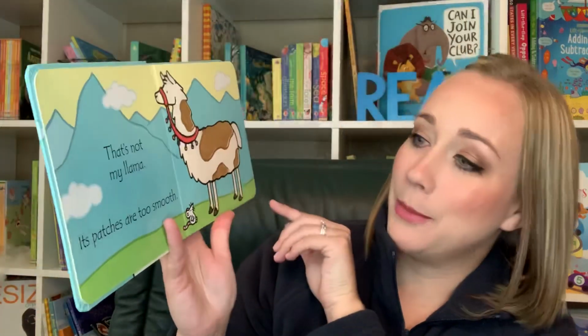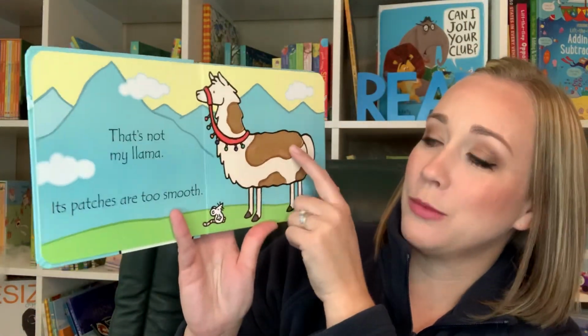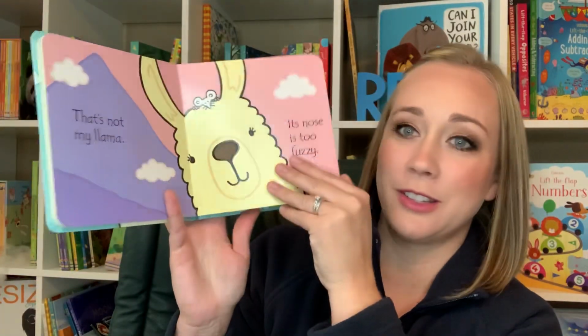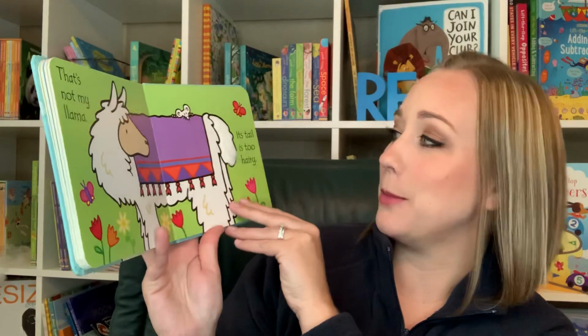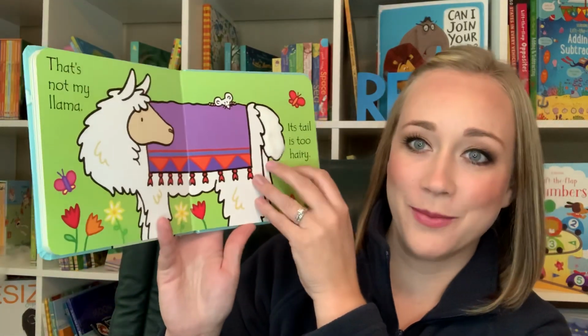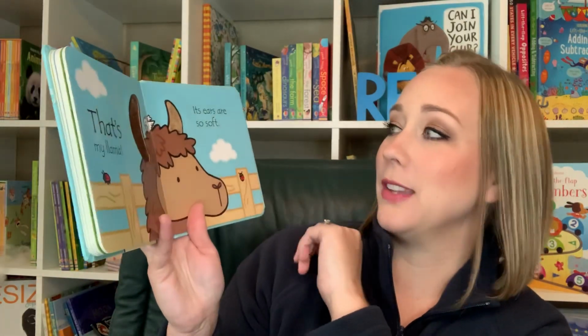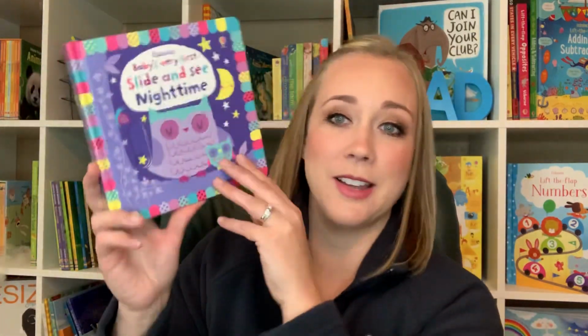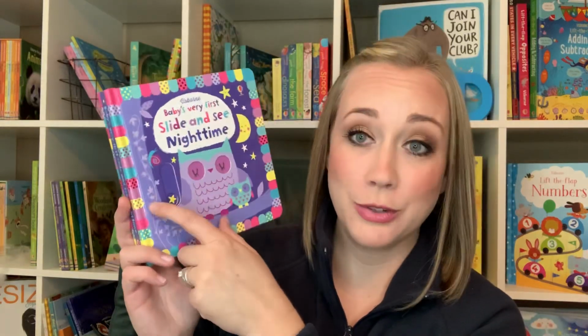That's not my llama. Its patches are too smooth. I'll just show you the pictures real quick. There's this little fuzzy nose. This one's really cute. That's not my llama. Its tail is too hairy. That's my llama. Its ears are so soft. I love those books. Another one that I bought, the Jungle Slide and See, I bought for my